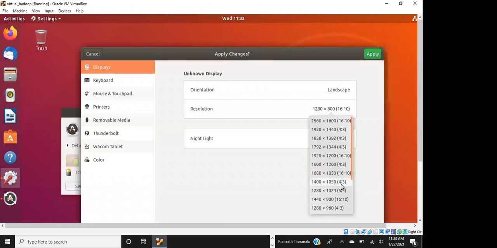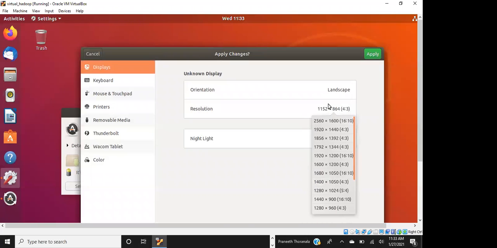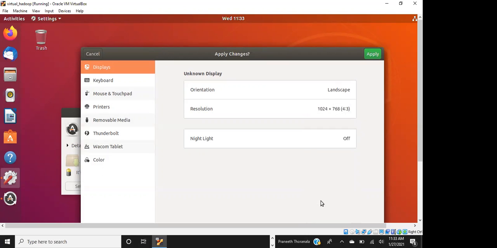It's not changing. I don't know. Anything I change, it's not reflecting here. Maybe the system is slow.